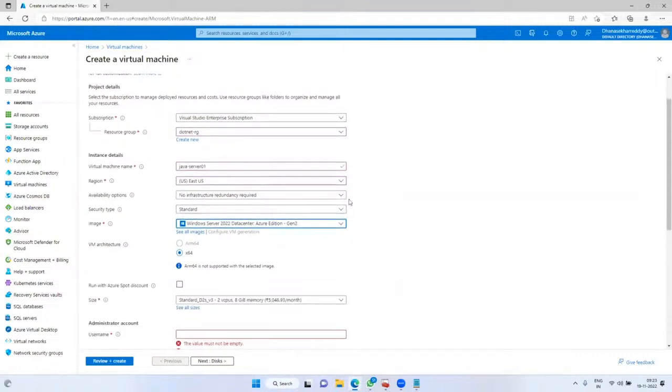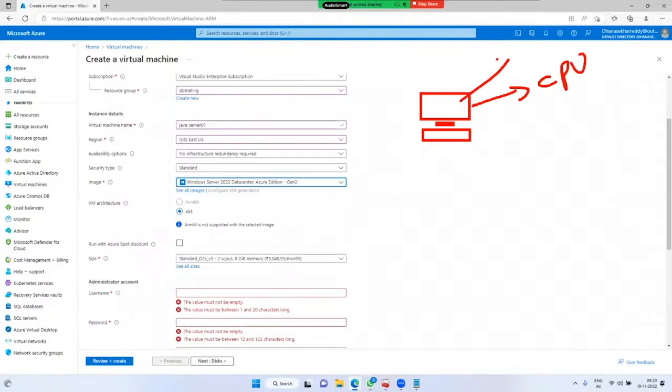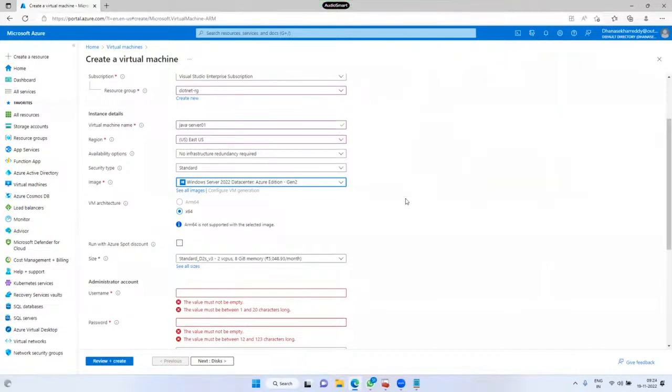Now, to create the virtual machines, what do we require? RAM and CPU count. That is quite common, right? If you would like to purchase a laptop, we always look for 2 parameters. One is CPU, the other one is RAM size. If it is 16 GB RAM and 4 core CPUs, that would be a different cost. Like 24 GB or 32 GB RAM and 8 CPUs, that would be a different cost. To purchase a laptop we look for 2 parameters, and to deploy the VM also 2 parameters.